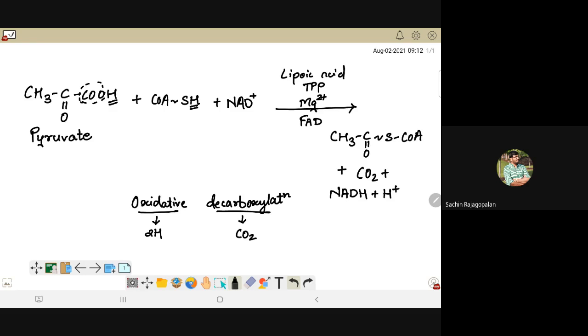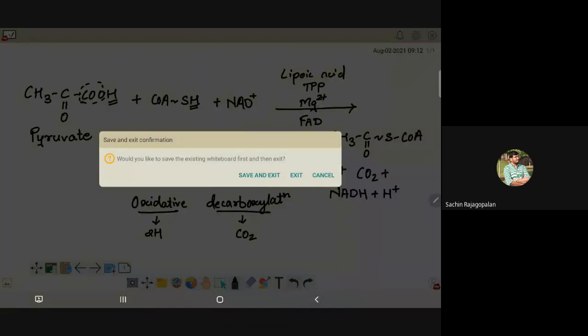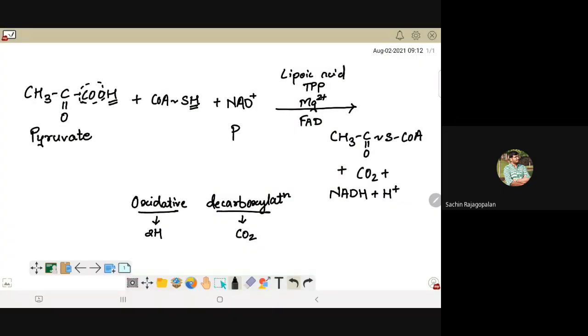The delta G for this reaction is minus 8,000 calories at pH 7. And the enzyme, because you're carrying out oxidation, I've always told you that no matter what else happens with oxidation, the enzyme will always be an oxidation enzyme. The enzyme for oxidation is dehydrogenase, and you know that whatever you are removing hydrogen from becomes your prefix. So pyruvate dehydrogenase is your enzyme, and as here it's not a single enzyme but a complex. I will write it as pyruvate dehydrogenase complex or PDH complex.